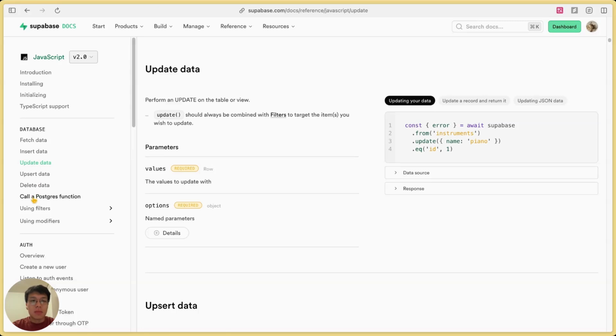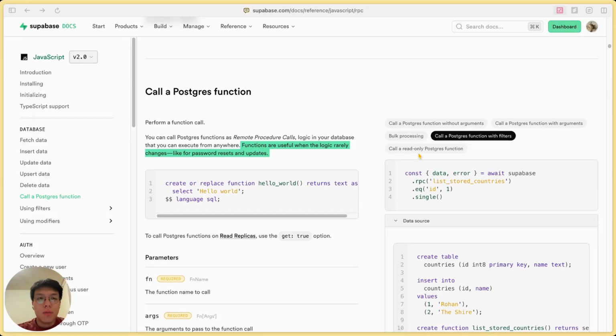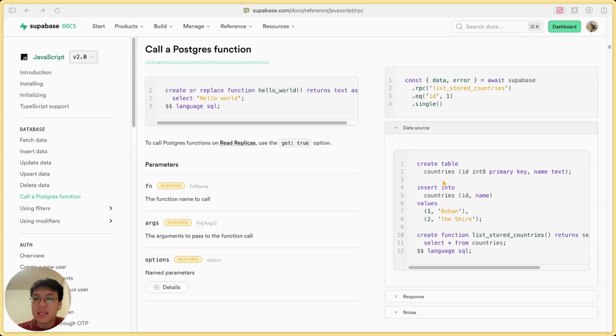But if you want more control, like touching multiple tables in one single call, instead of, when you're trying to make several actions with direct CRUD operations, you may call three times. But when you want to have a multiple-step workflow or hide your table structure, that's where those Postgres functions come in. Through Postgres functions, which you can call using the Supabase RPC with the function name instead of the table name and the action name,